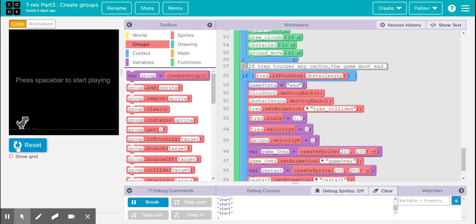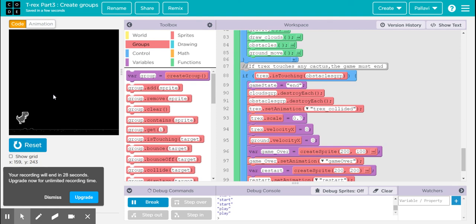So let's see if that works. If I hit the run button, I'm given a note to press the space bar for the game to begin, and I can jump. Since it is a recording, the speed of the game is affected a little bit. It slowed down, and yes, it accidentally touched the obstacle and the game is over. The score is gone, the cloud sprites and obstacles are gone, and there is a restart button.